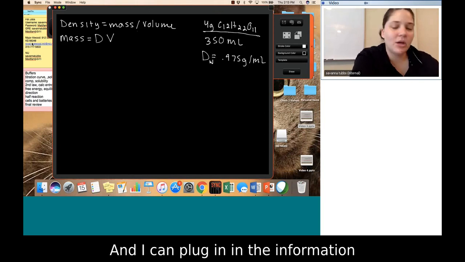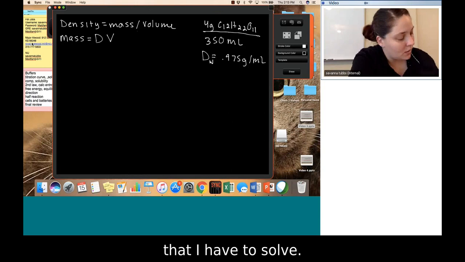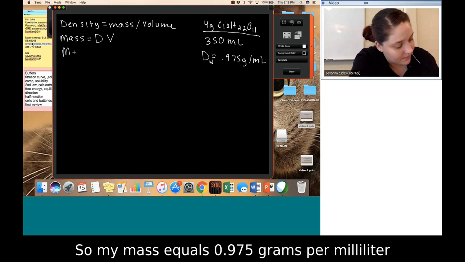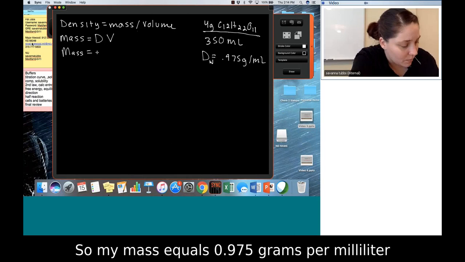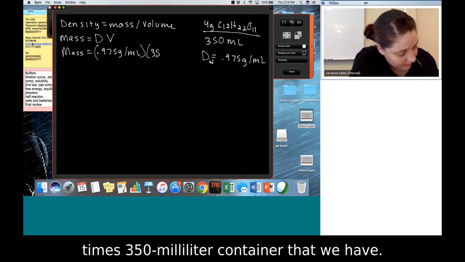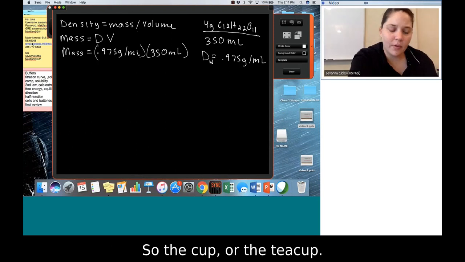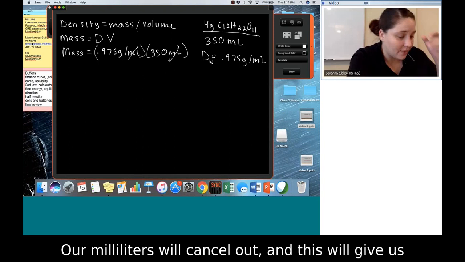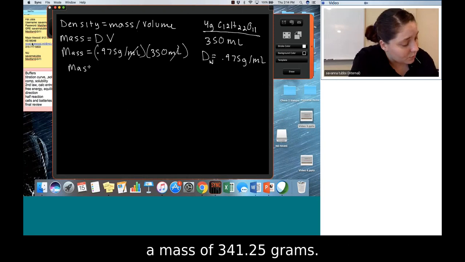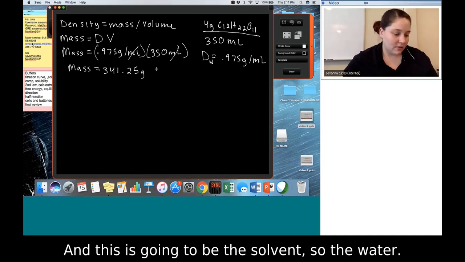And I can plug in the information that I have to solve. So my mass equals 0.975 grams per milliliter times the 350 milliliter container that we have, so the cup or the teacup. Our milliliters will cancel out, and this will give us a mass of 341.25 grams, and this is going to be the solvent,